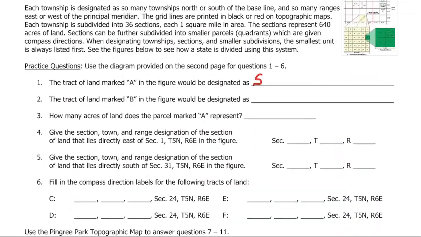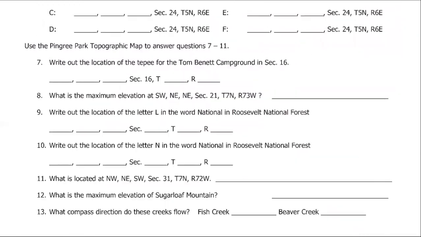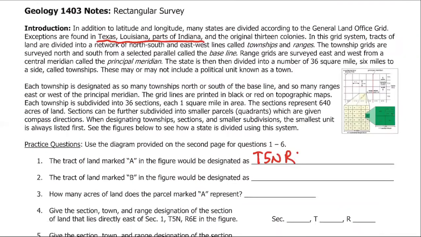So I'm going to start by writing that, because that's going to be the same every time we answer one of these questions. T, 5, N, R, and I said 6E. And so just don't forget that. And I'm actually going to move that over